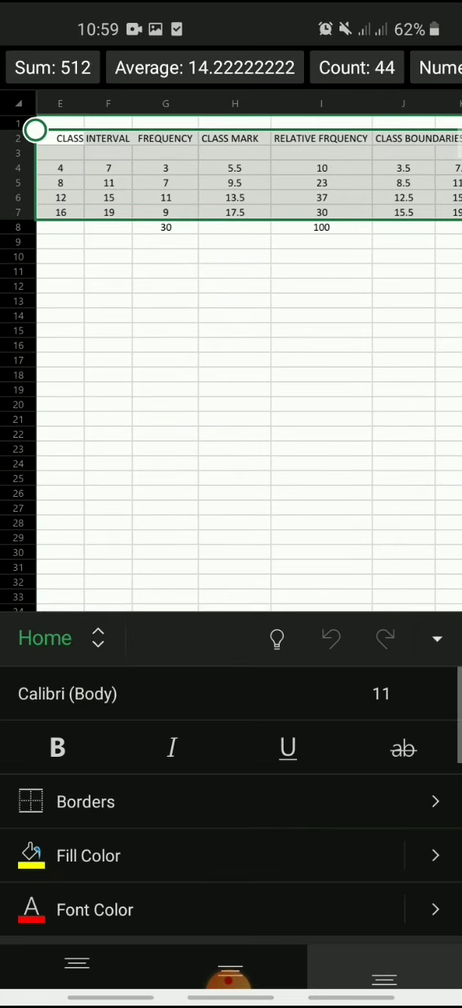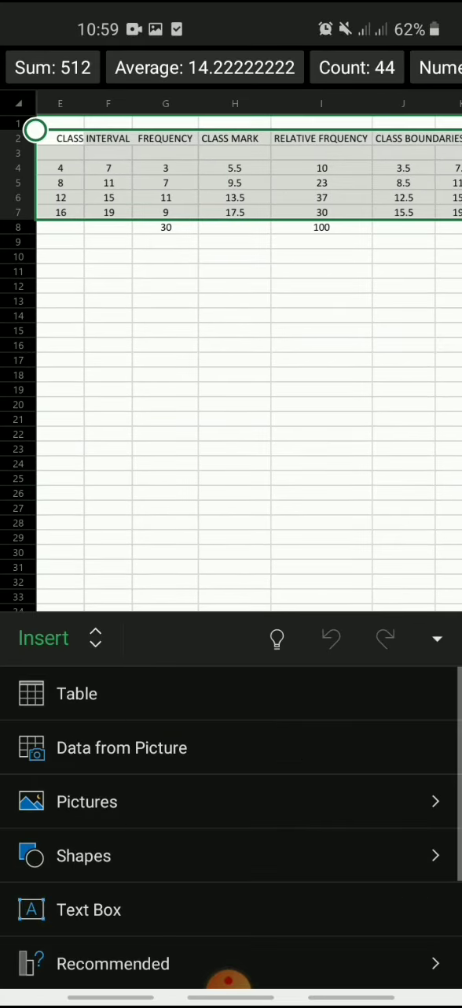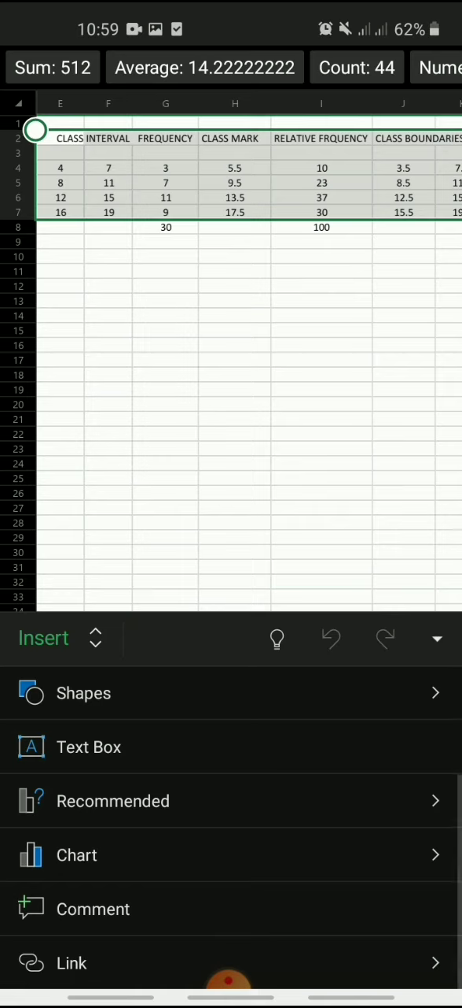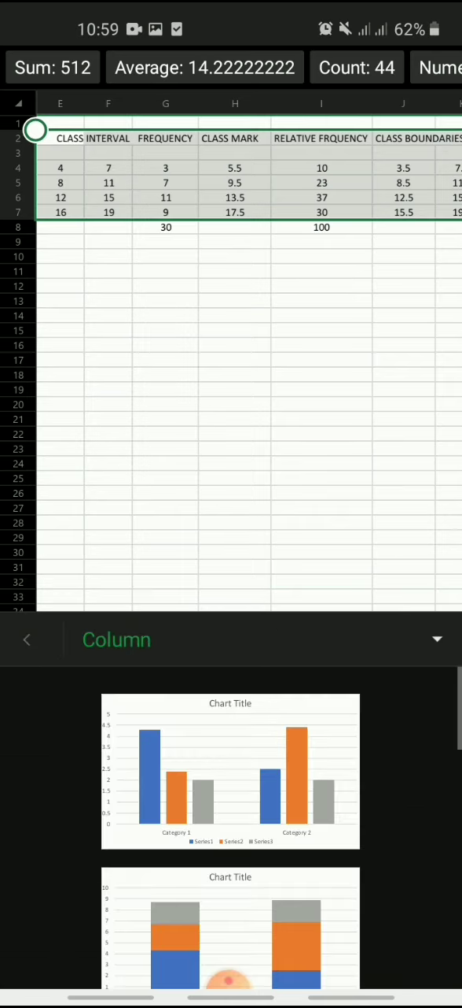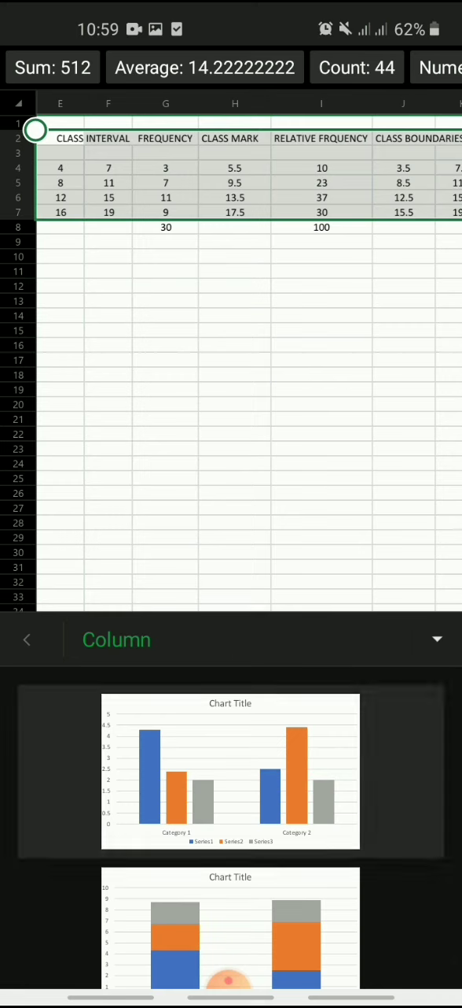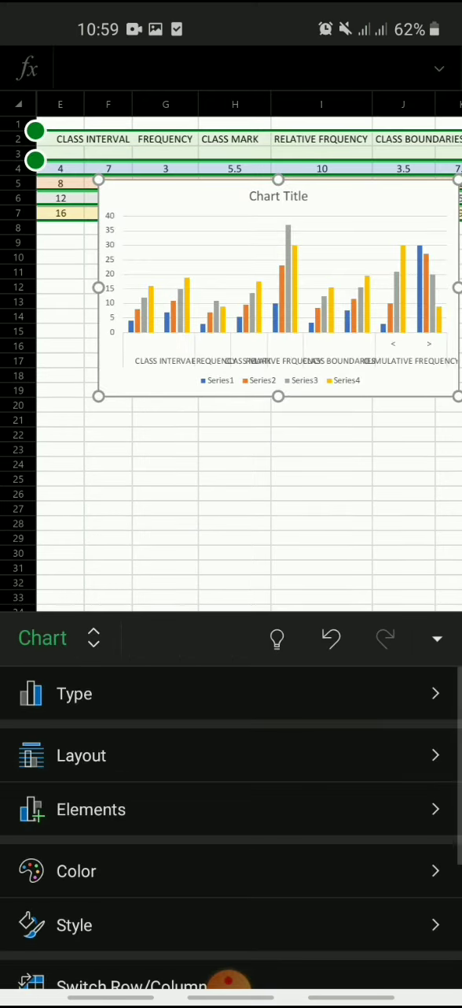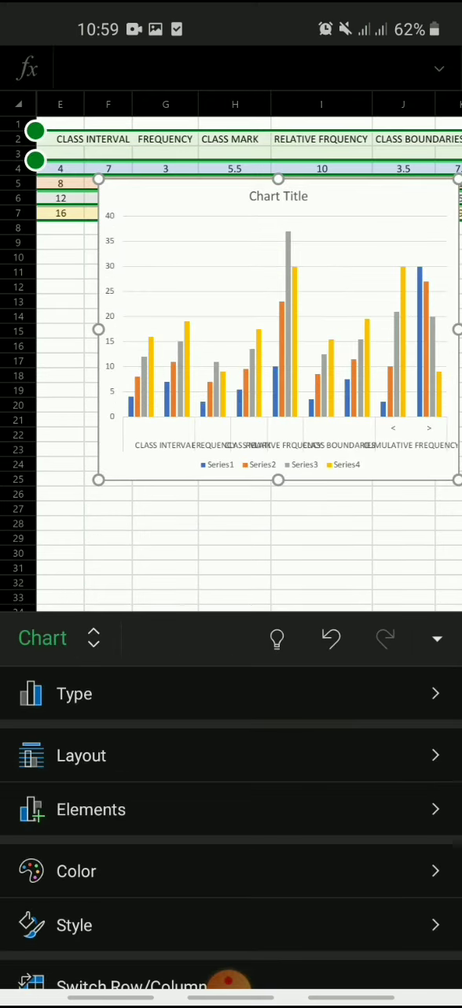So let's go to Insert, then Chart, then choose the column option since it's simple, and then boom, there it is. This is